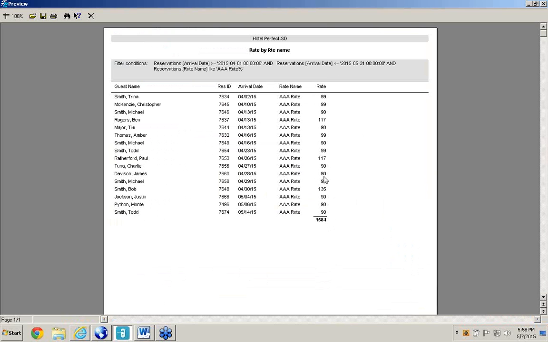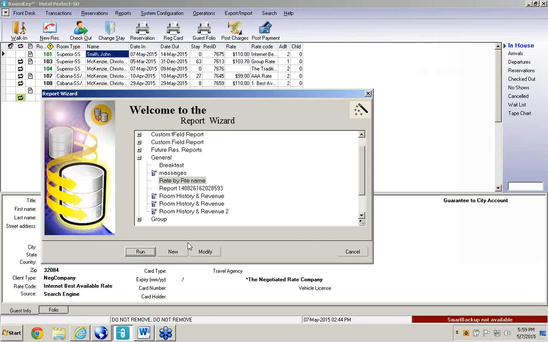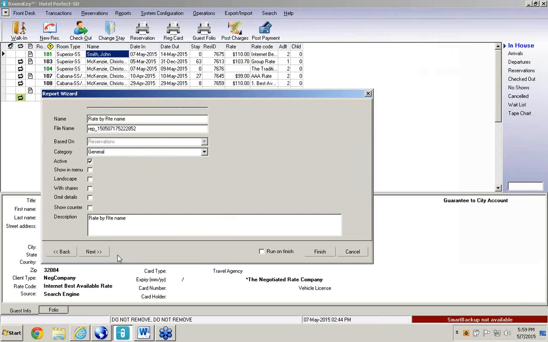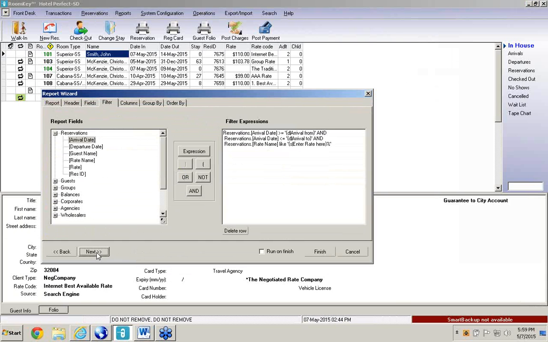Now in this case, I probably want to go back in and change this revenue so that it has a dollar sign on it, so it just looks a little bit nicer. It's organized it by arrival date, which is what I asked it to do. Now, if I actually wanted it to break out so that it was just a section for April the 2nd, April the 3rd, April the 4th, that would be your grouping rather than your sort order by. So we'll just quickly go back in here,